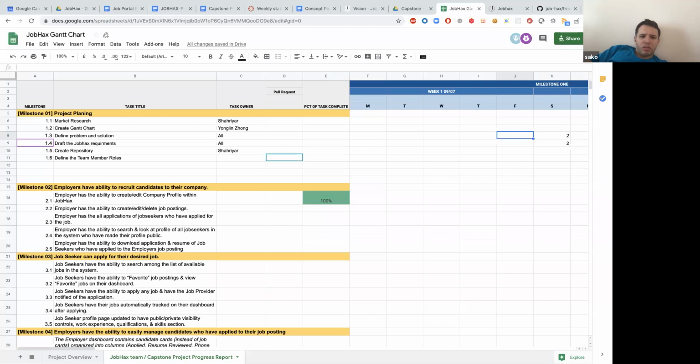I'm looking at the roles. Should we also put individual ones? Create repository, market research. Let's define the team member and what else we did.